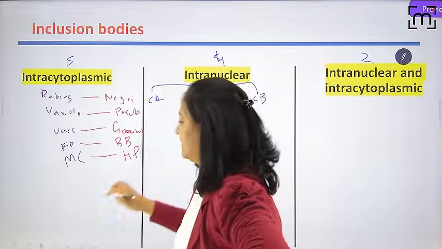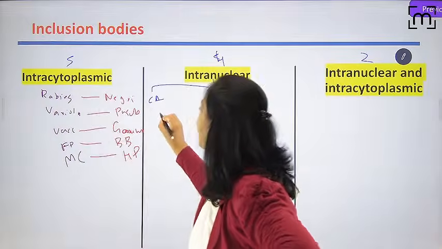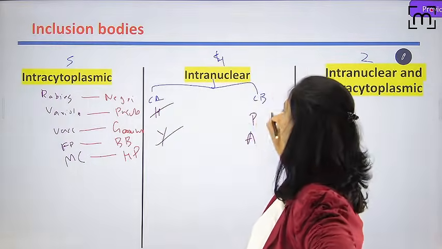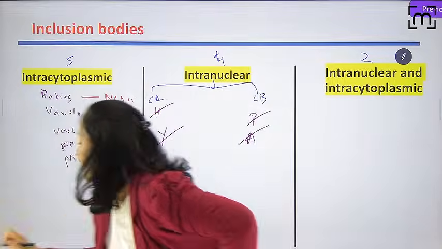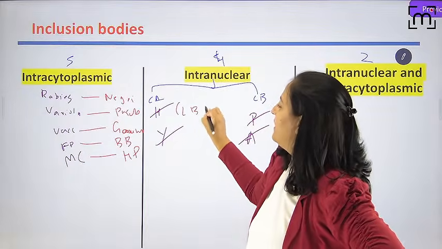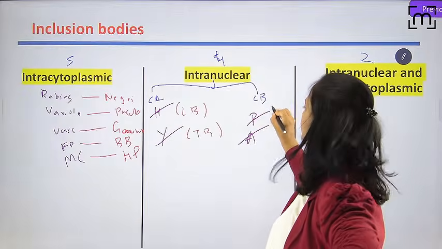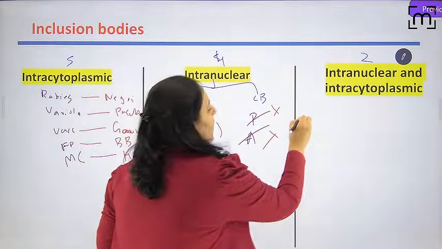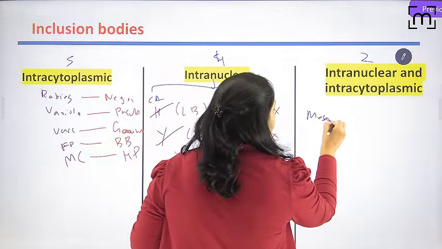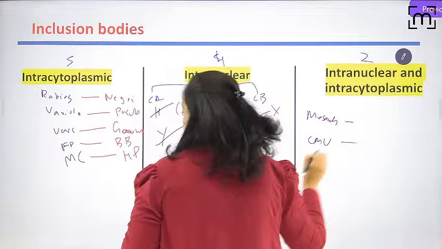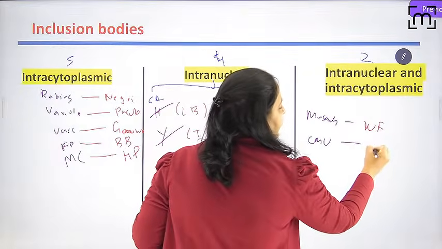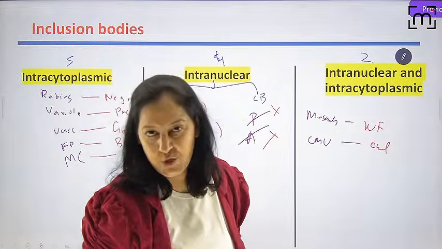And here it's very easy. How is it? HYPA. Herpes, yellow fever, polio, adeno. In herpes, it is known as Lipschütz body. In yellow fever, it is known as Torres body. Here we don't have any name. Okay, the last one, both. Here we have 2 viruses: measles and CMV. What is it known as? In measles, it is known as Warthin-Finkeldey. And here it is known as owl eye. I know it's more factual, but you have to learn it. You don't have any option.